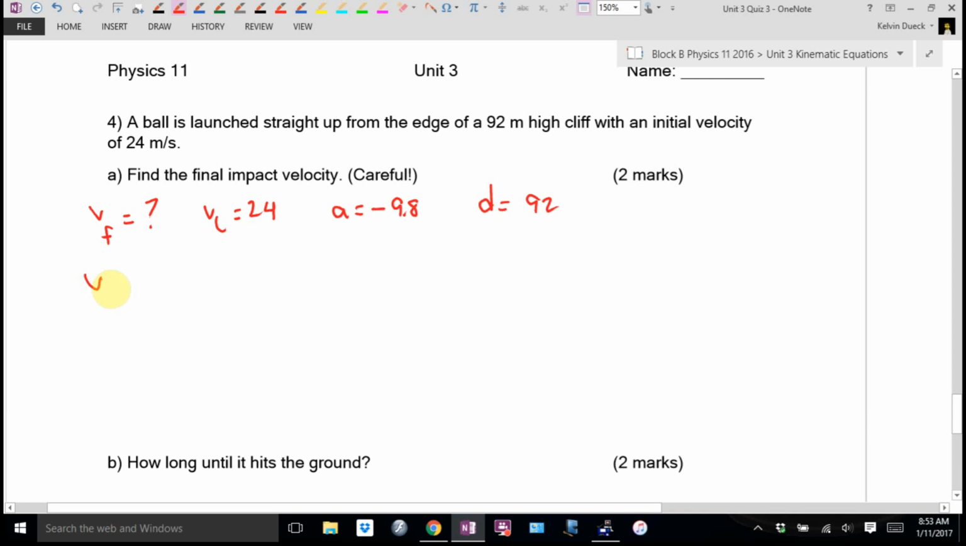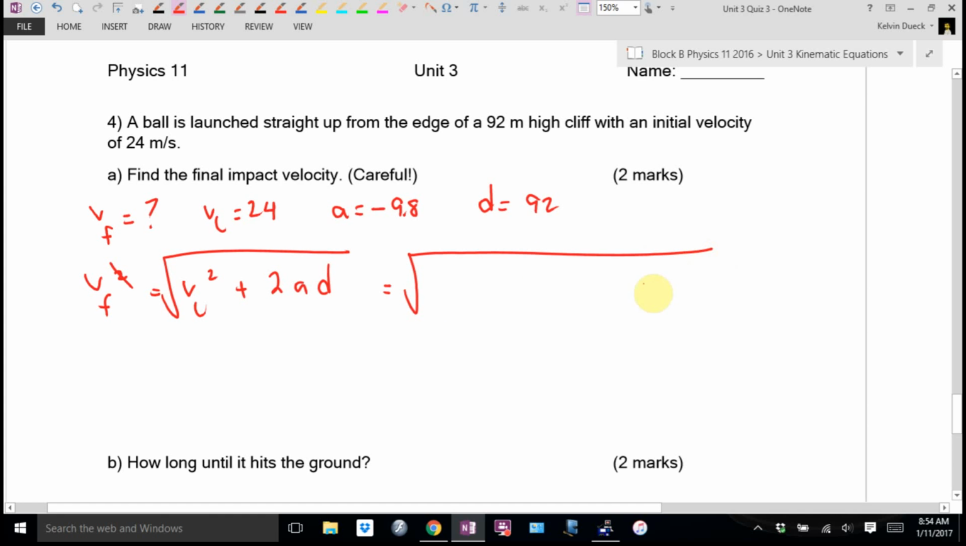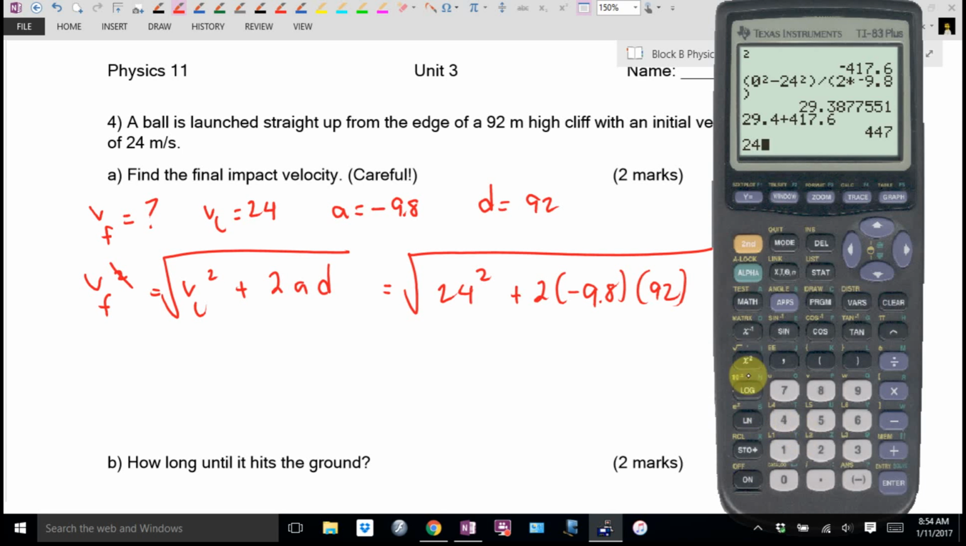I guess I can go VF squared. I've made a mistake, by the way. I've made a mistake on purpose just to show you how, if you make the mistake, you can catch it. So I think I'm going to go VF squared equals VI squared plus 2AD. Josh, how to get rid of a squared? Okay, so I would go the square root of 24 squared plus 2 times negative 9.8 times 92. I would type everything inside the square root, 24 squared plus 2 times negative 9.8 times 92 equals,